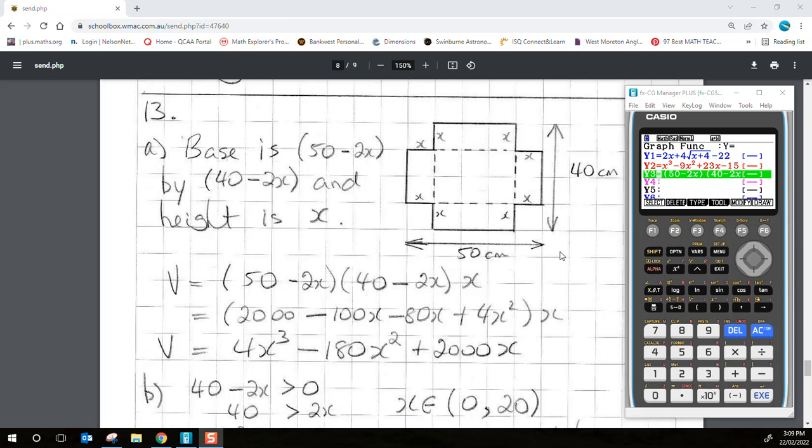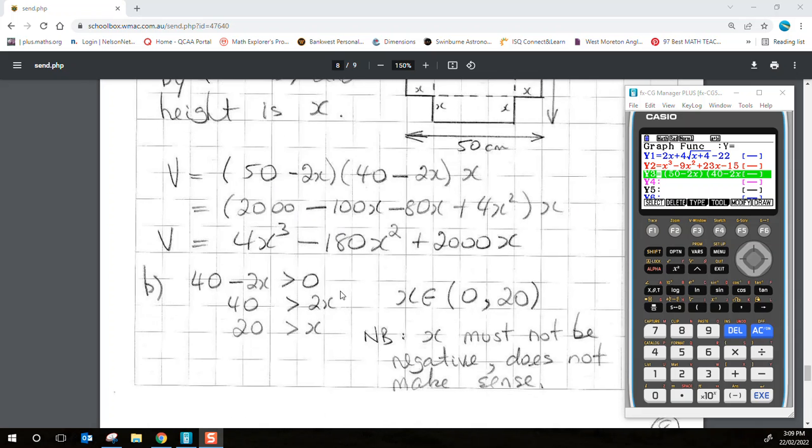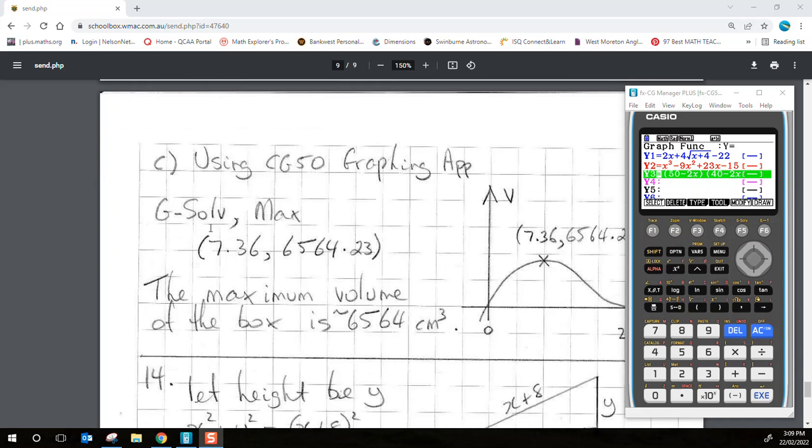Everyone. This lesson is about how we use a combination of algebra and our technology in order to solve this question on our review worksheet. So we had this problem here about a flat piece of metal that was being folded up to form a box. Our first job was to create an equation for the volume of the box in terms of the clues we were given. So here's our equation here, and then we needed to, of course, find the maximum volume of